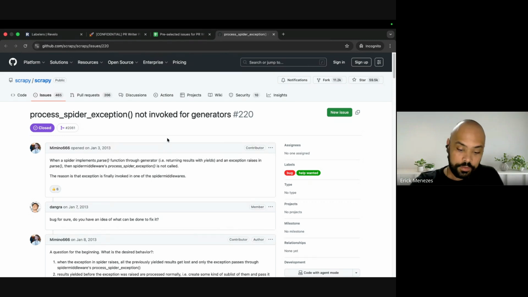You have to see the title and the description. The description cannot have anything like an image or a link to another website. All the information for the model to solve the issue must be in the description. Why? Because that is going to be our first prompt, which I'm going to show you later.